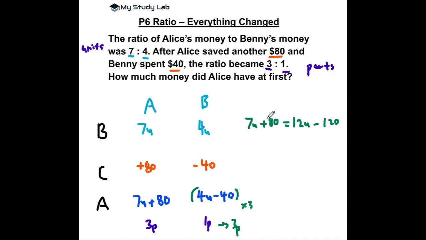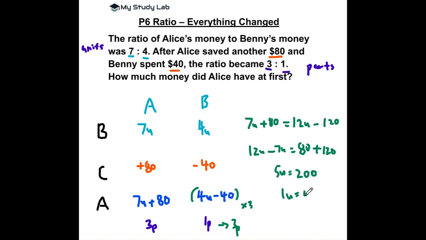Okay, let's jump across the river again. So it will be 12U minus 7U, because if this is positive, jump over is negative. Likewise here, 80, we copy down the 80 here. I just bring this 80 to here, and 120 jump over will become plus 120. So 5U equal to 200,